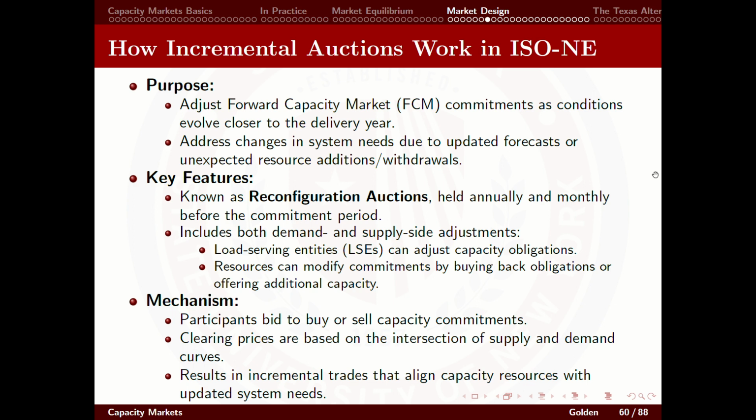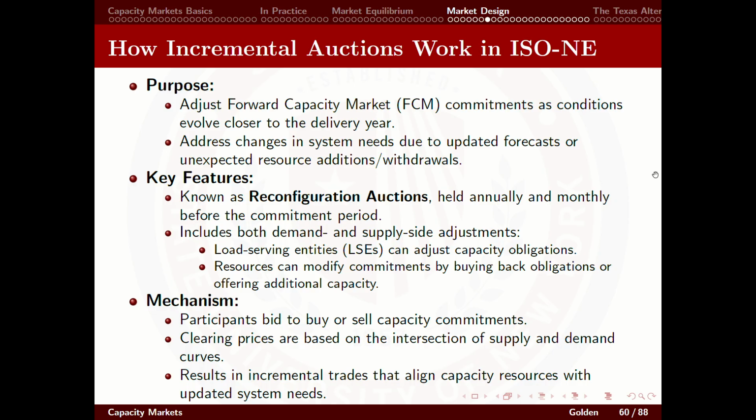So in ISO New England, you have a similar thing called the adjusted forward capacity market, which allows you to change commitments as you get closer to the delivery year. You address changes in system needs due to updated forecasts or unexpected resource additions. And so these are known in ISO New England as reconfiguration auctions, and sometimes they're held annually, monthly before the commitment period, to take into account that there can be real changes in what is needed or what people are